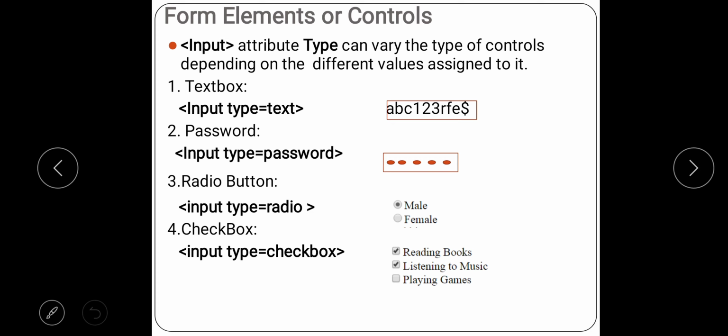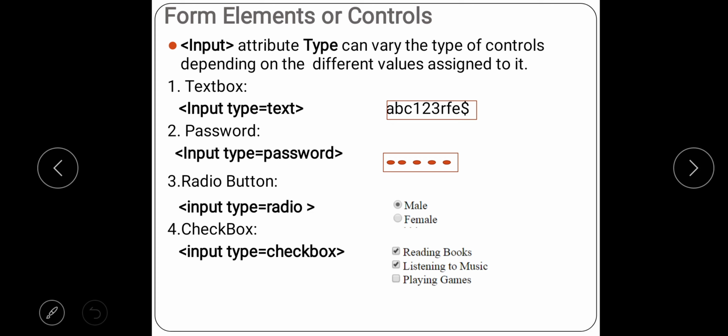It can take any values. You can see ABC 123 and dollar, means I can give a combination, or individually I can use alphabets, numbers, or special characters. So input type equal to text will create a simple text box for me.